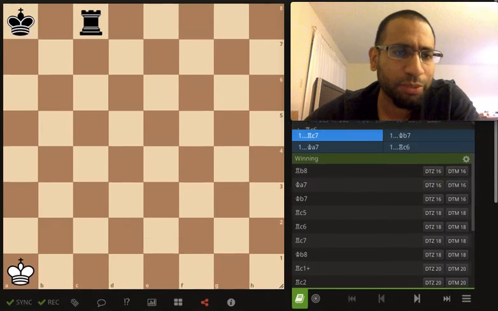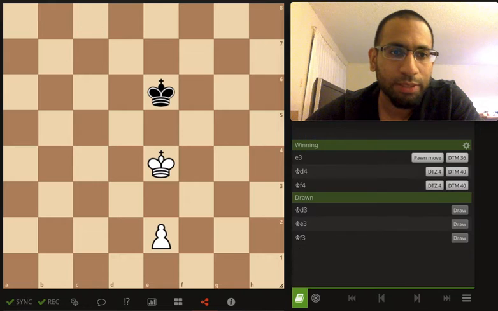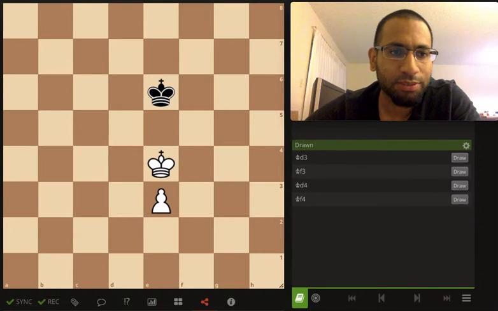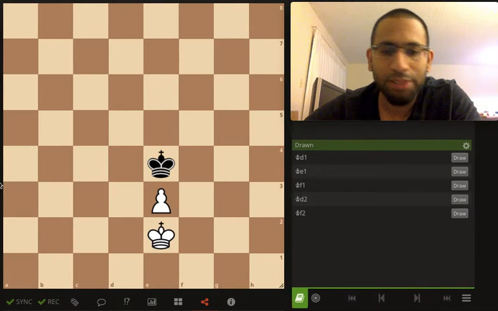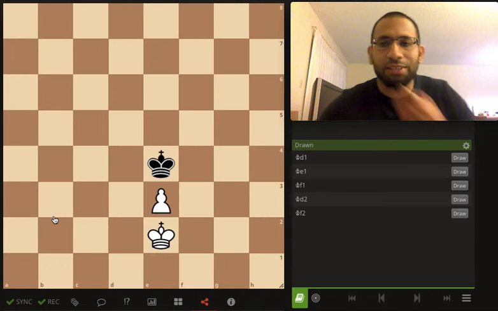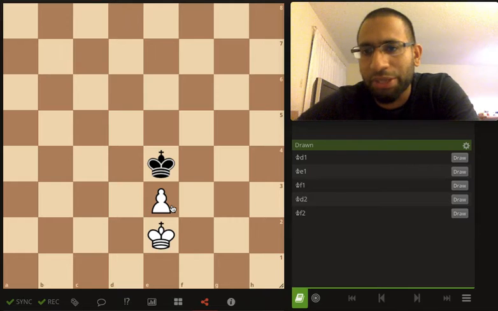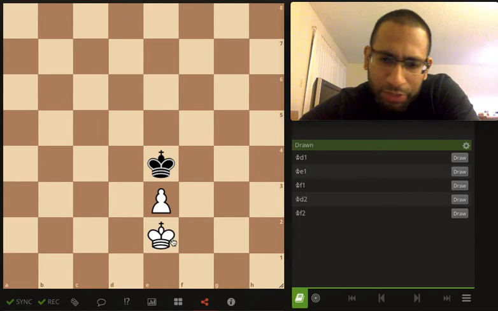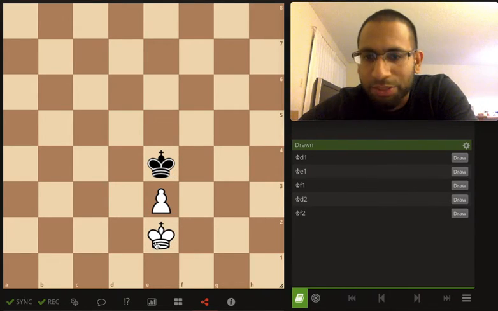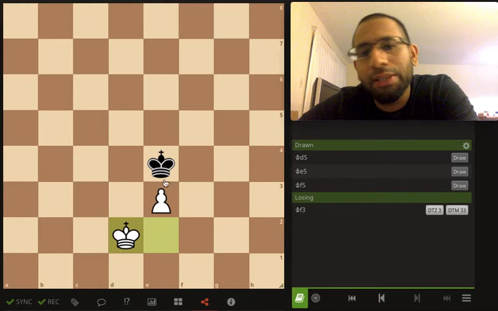Let's look at another example where opposition plays a role. Let's use this example. Okay, so this happens in a ton of games, and you need to know how to draw this with black, even when you're down a pawn. Now, let's say it's white's turn to move. Okay, so let's say he goes there, and the question is,